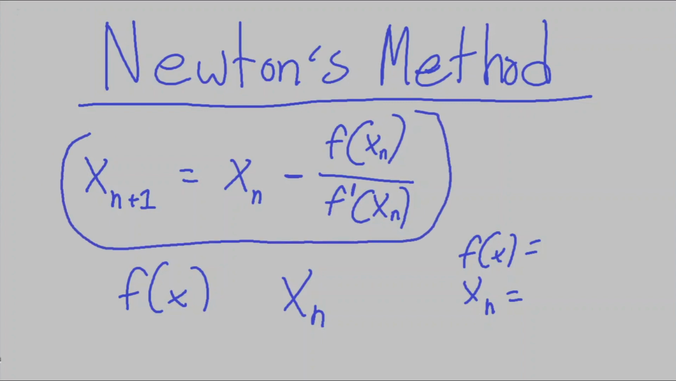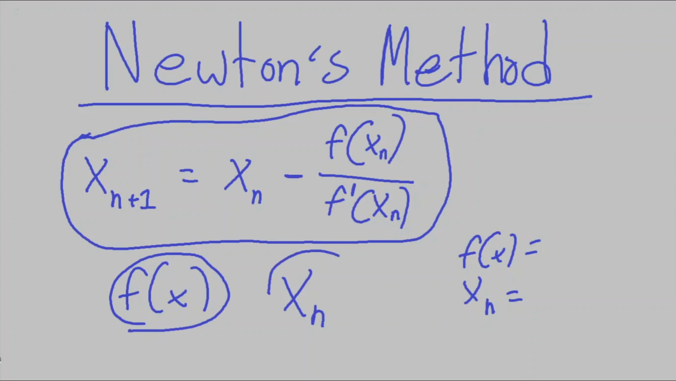It's going to be xn plus 1 is equal to xn minus f of xn over f prime of xn. Most times you're going to be given the function f of x, you would derive it to find f prime. And then most times you would be given xn, which is the approximation. And then you would plug it all in here to find xn plus 1, which would be the next approximation